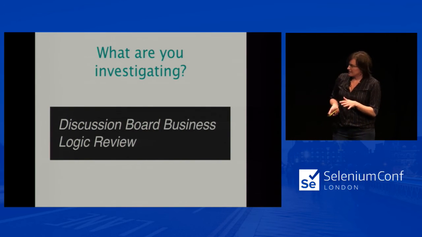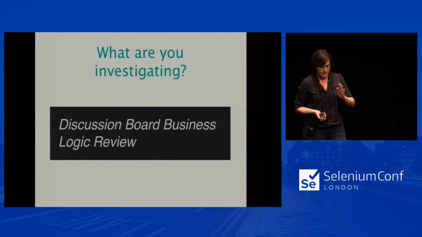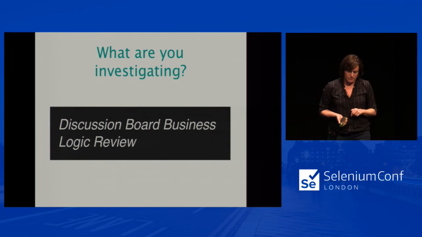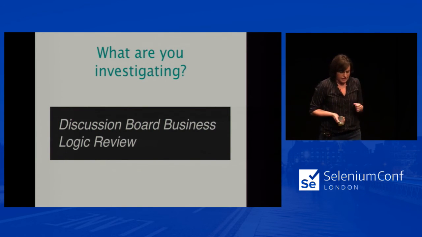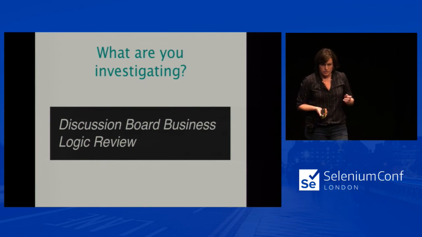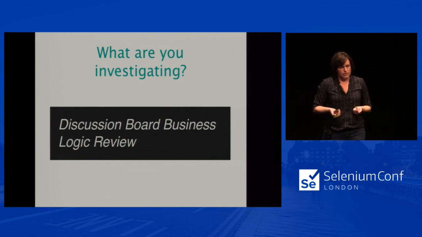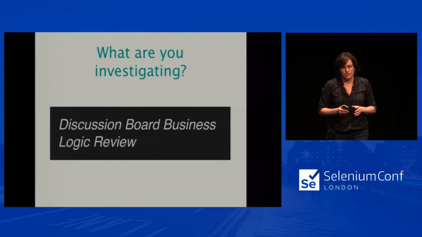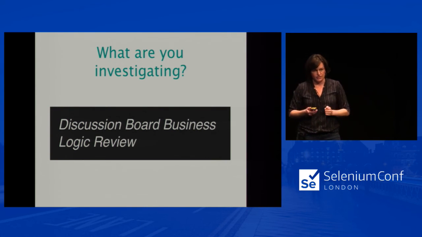So let's go through this last example. Again, we're sticking to that discussion board because we want to demonstrate how the full slice of the application is improved through our refactoring. So what are we investigating? We need to do an analysis of the business logic in the application and decide what needs to be moved into the API. This is a great place to pull in a mobile team if you have one. It seems like some companies are structured so that mobile and web application development are completely separate, which is where to start bringing those together because they both inform your REST API.